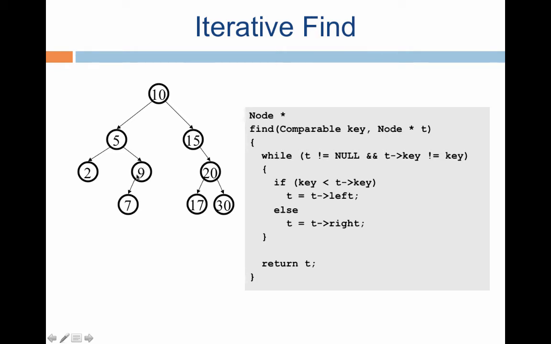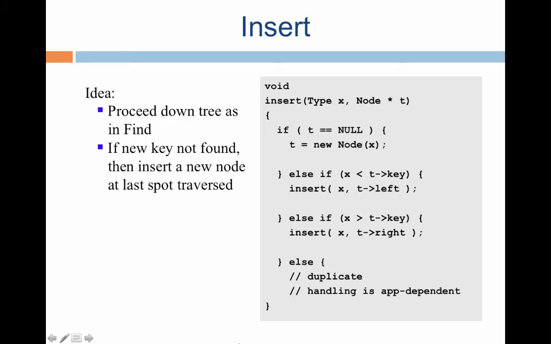Here the search will go to the left of 9. At 7, you will find that 6 is not equal to 7. Then T goes to the null pointer, and then you return saying that null has been encountered. That is a message that the key has not been found. Indeed, you can use this to insert by doing this kind of search and inserting it whenever you find a null. We will see this again in a few slides from now.